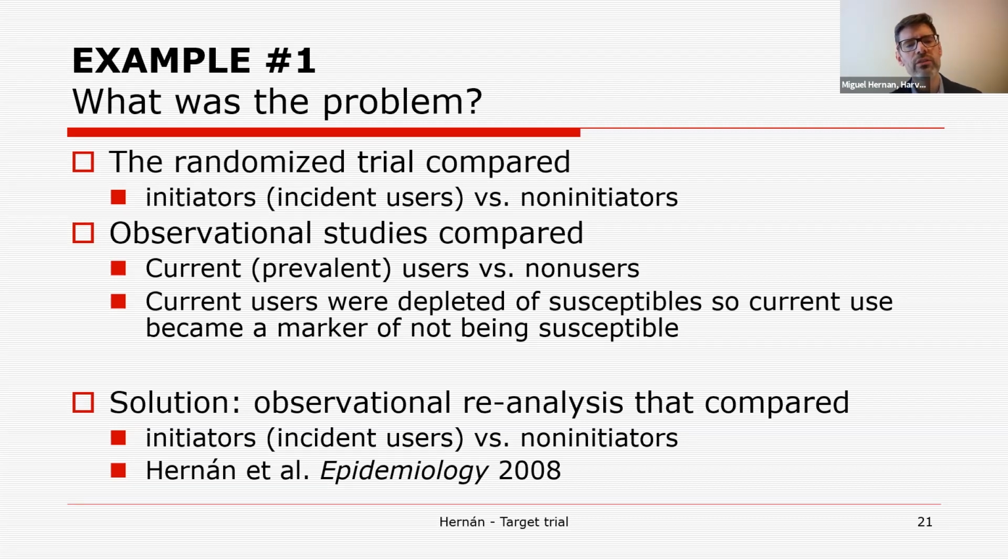So once the observational data here was reanalyzed exactly in the same way that the data from the randomized trial was analyzed, the observational studies also found an increased risk of hormone therapy. So this wasn't a problem with the observational data. It was a problem with how the observational data were being used. You get very compatible answers between the randomized trial and the observational studies, both when you do the right analysis and when you do the wrong analysis.